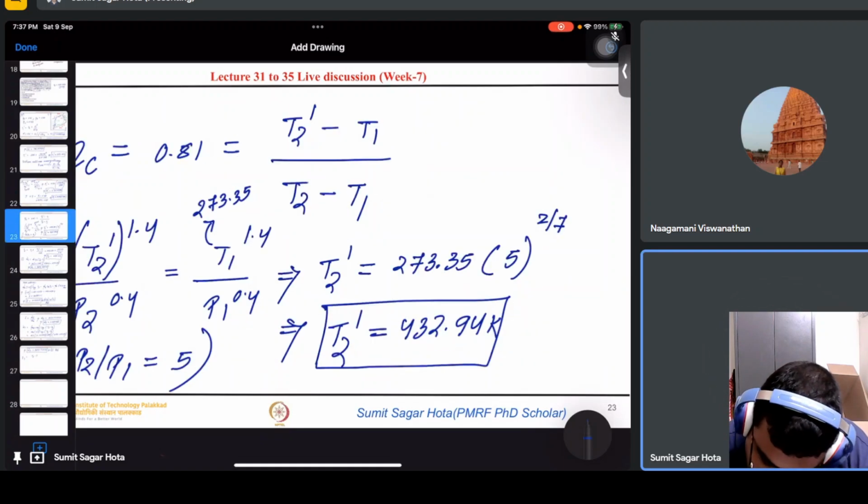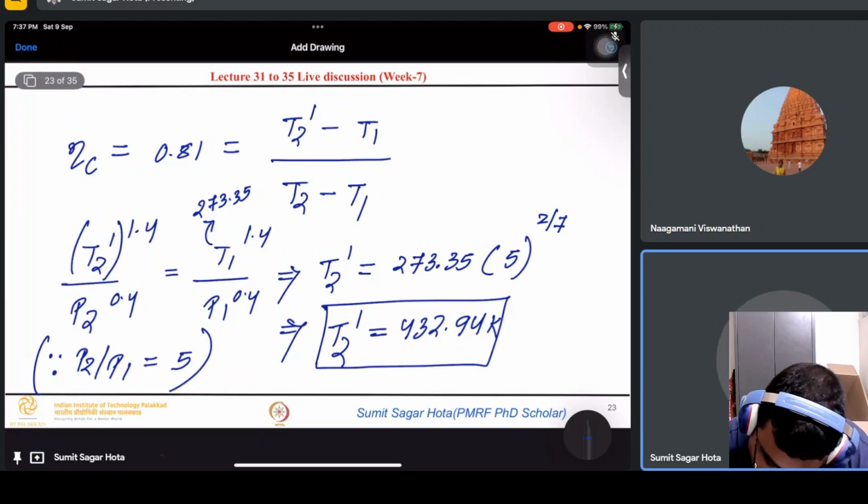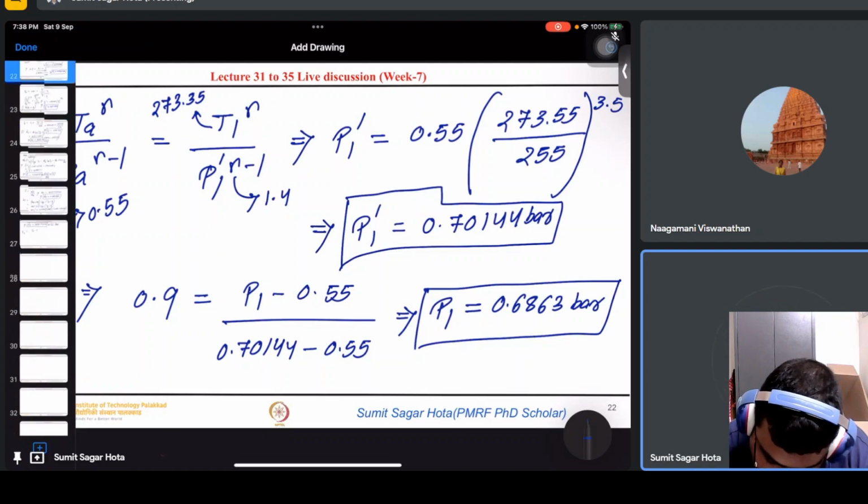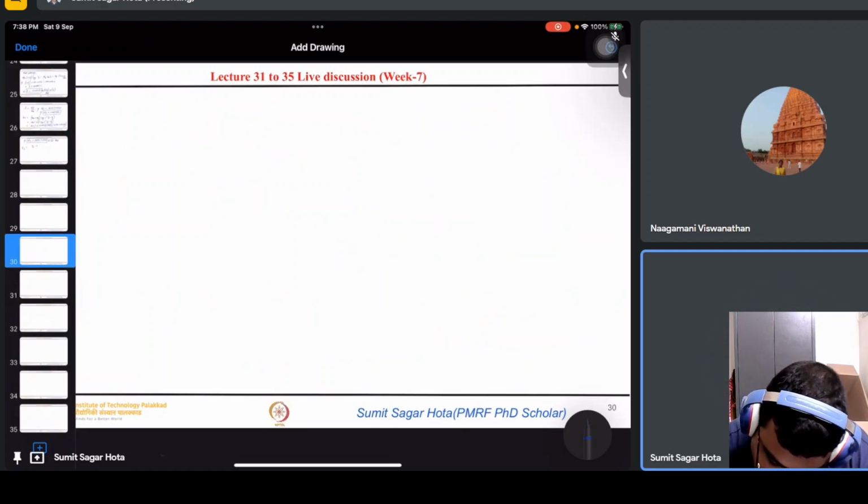Okay, so you see in this formula P2 by P1 equal to 5, and P2 is equal to P3. That means P1 is 0.6863, so P2 equals 5 into 0.6863, and P2 equals P3. So P3 is equal to 5 into 0.6863. Where did this 0.6863 come from? Here you see written P1 equal to 0.6863. Okay,